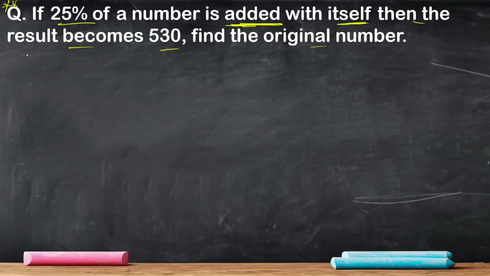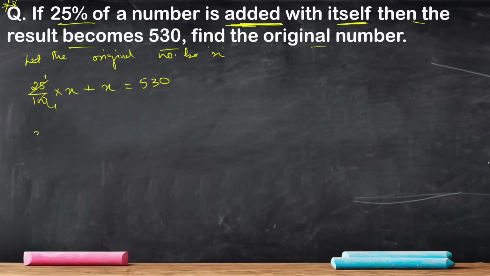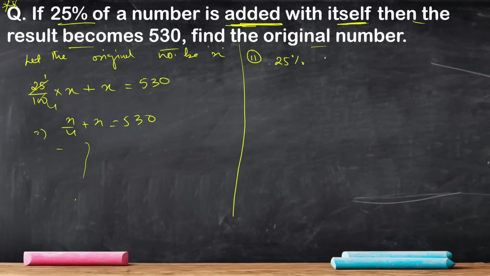Find the original. So I will do the traditional method. Let the original number be x. You'll do like this, right? Let the original number be x. Now what you'll do? 25%. I'll just write percent of x. You write like this, right? 25% of x. When added to x, it gives you 530. Then you'll go on solving. This will come 1 by 4. Then you'll do x by 4 plus x equal 530. Then you will solve. We'll not do it this way. Okay. What we'll do is our approach, our method. That is 25%. You all know what is the fraction value of 25%?